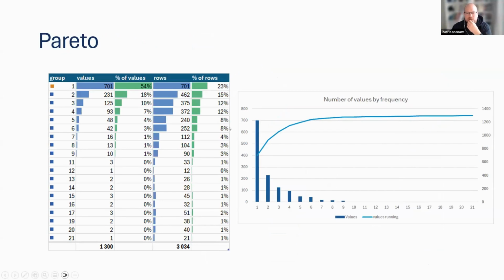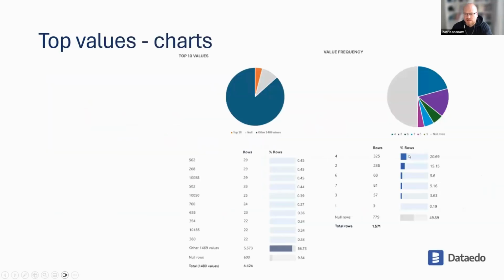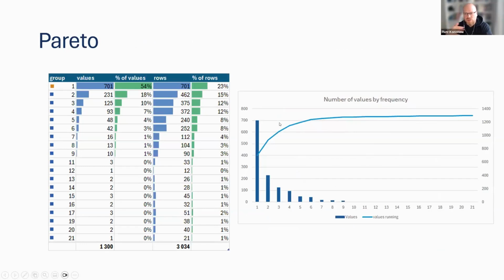I think this is called a Pareto chart, although I'm not 100% sure. So we have a chart. If we add the line, that would be called a Pareto chart. So what are the most popular values and how quickly they add up to, I don't know, 80% of values or so. This is a level